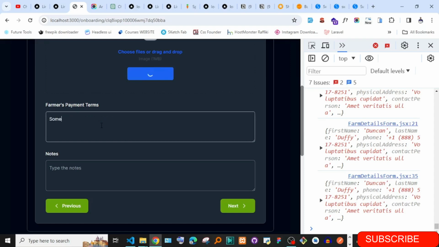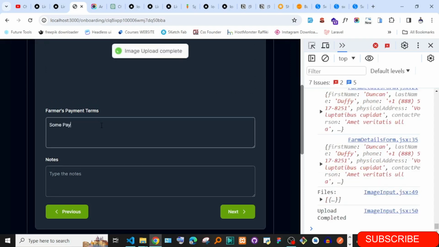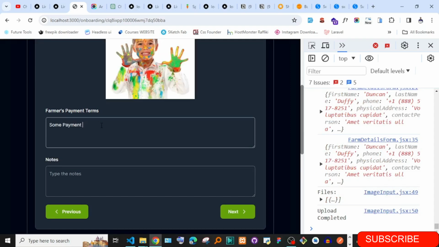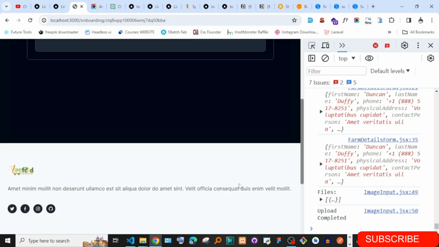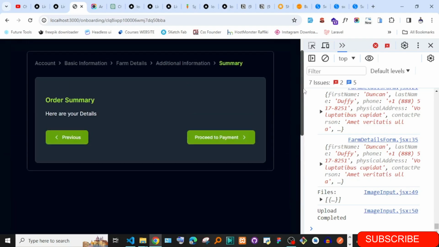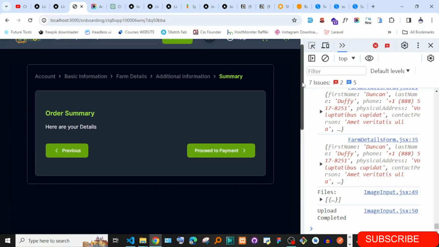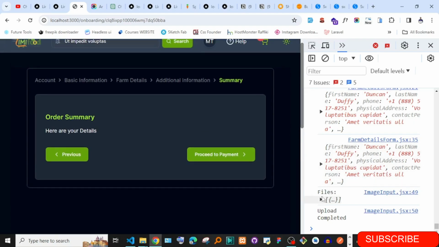Some payment details and some notes. Click next. Okay, so here are your details. Now of course here we have the image input and others. So just want to click on this which says proceed to payment, which is supposed to be submit data now. So if I click it,